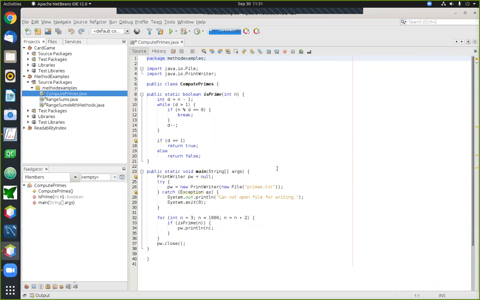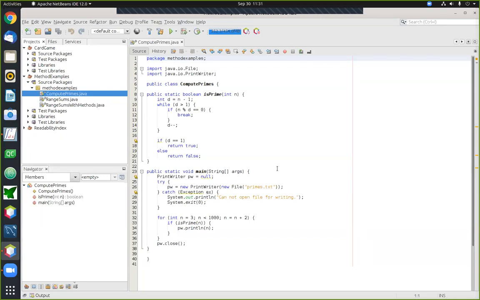This is based on an earlier example that I showed back in the loop lectures, where I wrote a program that computes and prints all of the prime numbers from 1 to 1,000. Now, that original program was mildly complicated because it involved a nested loop structure. There was an outer loop that would iterate through the numbers that we're checking, and then to check each number to determine whether or not it's prime, there was an inner loop to do that work. Anytime you have one loop inside another, there's potential for things to get a little bit hard and a little bit confusing.